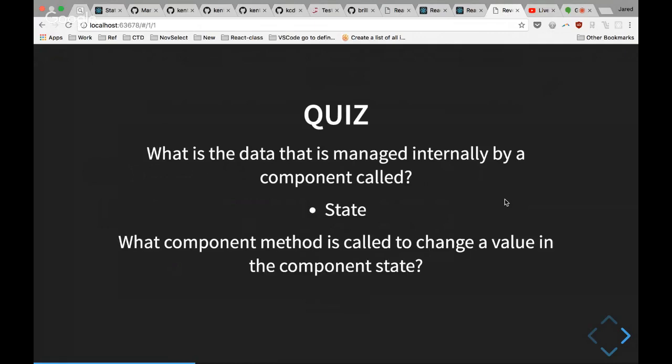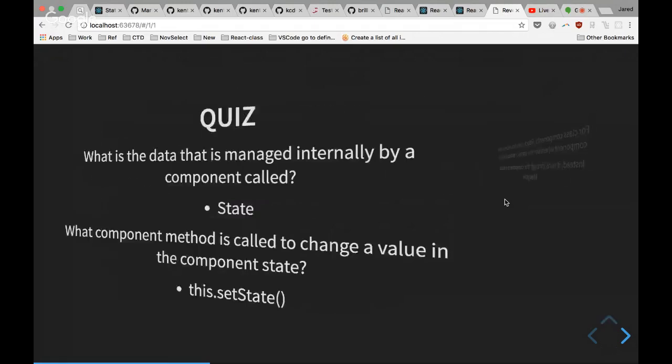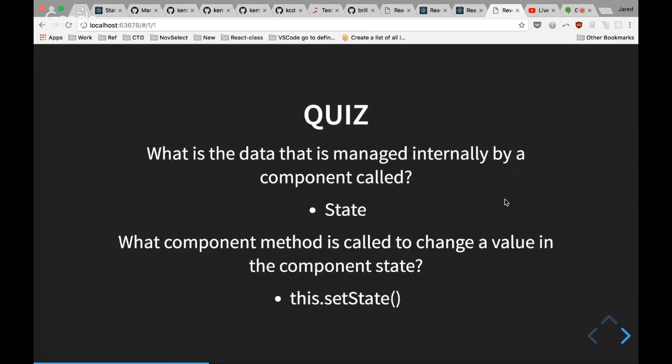So maybe you won't remember this, but what component method is called to change a value in the component state? This dot set state. Yep. Exactly. All right. Are there any questions about this quiz? Yeah? So what do you mean by managed internally? Yeah, what I mean is that